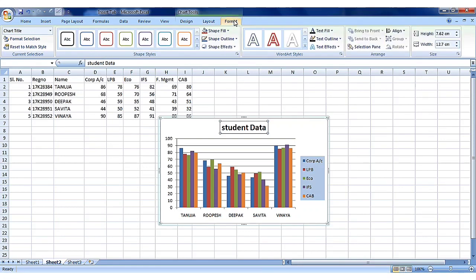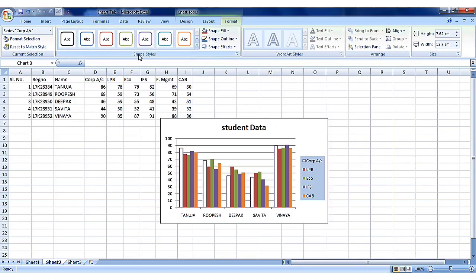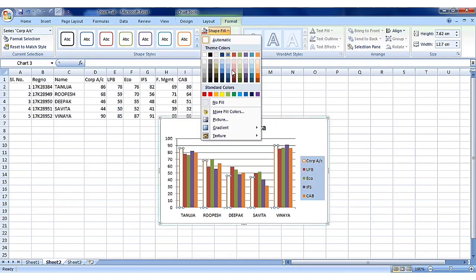Then using format, you can format chart. For example, if you want to format corporate accounting marks, click on this data series. Then using shape styles, you can select different shape styles. You can fill shape in different color.